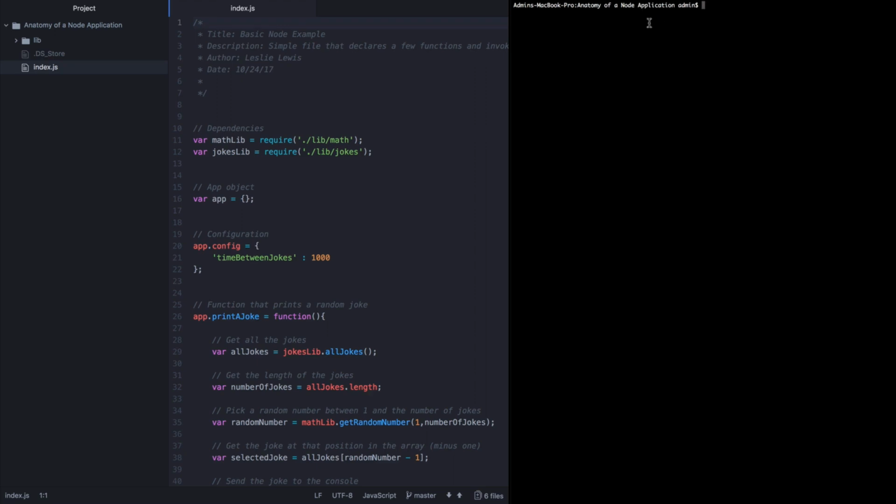In other words, within our terminal, we'll cd, change directory, until we are inside of the base directory, and then we'll enter that command. If we entered that command within a different directory, we would likely need to provide a relative or absolute path to index.js, so Node would know which file we're actually talking about. When we're inside of the base directory, Node is going to look for the file called index.js in that directory automatically. Inside of this index.js file, we can see a few sections: comments, dependencies, module scaffolding and configuration, function declarations,